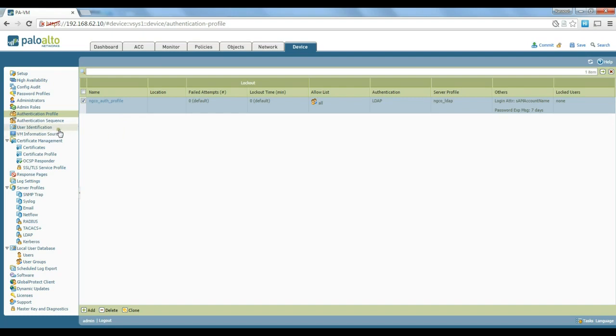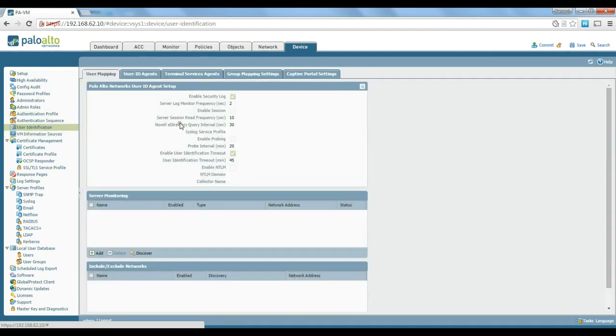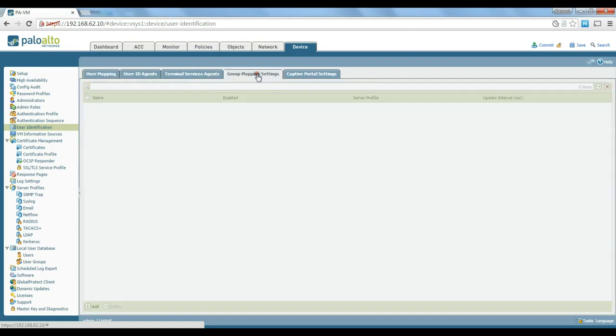The next step that we need to do is to make sure we can do user identification. User identification, as I said, is an important part of Palo Alto Firewall, so it's quite important to set this up properly. Otherwise, the logs and stuff on your firewall are not going to make any sense for you. So to do the user identification, we just click on user identification on the left side. We've got different options here. The most important one is